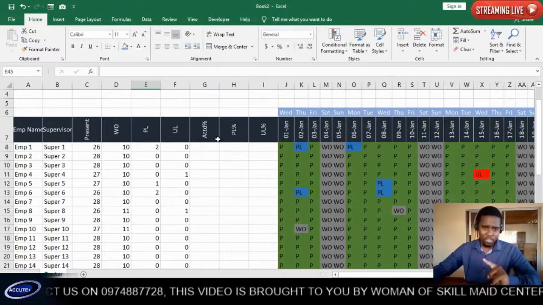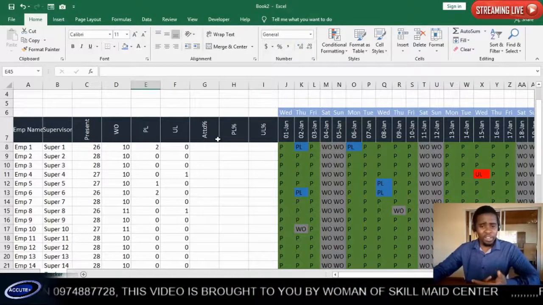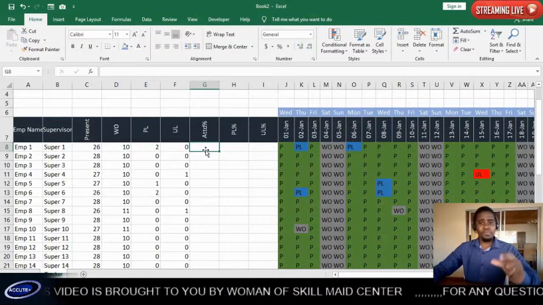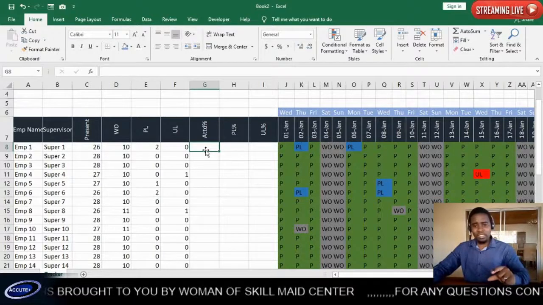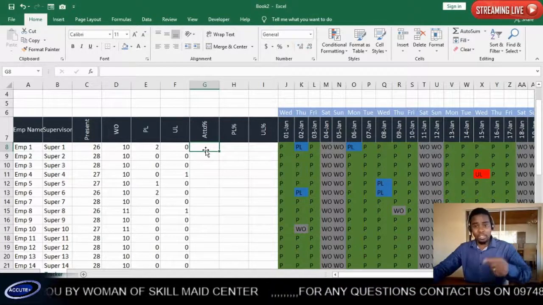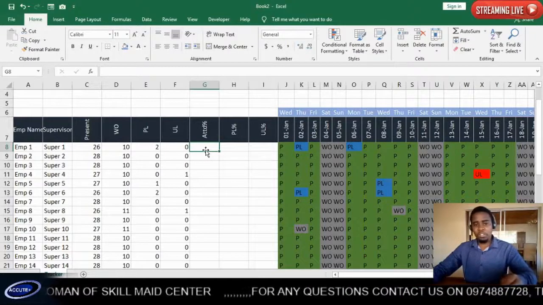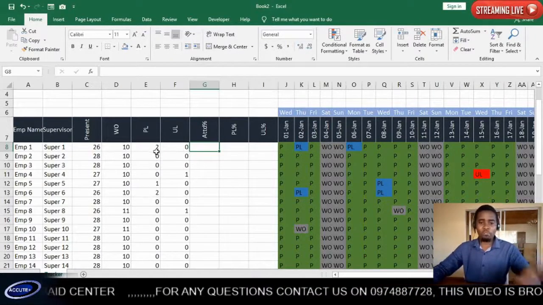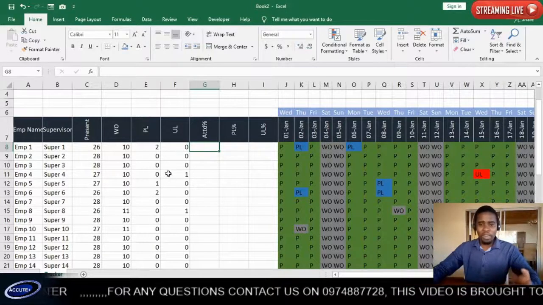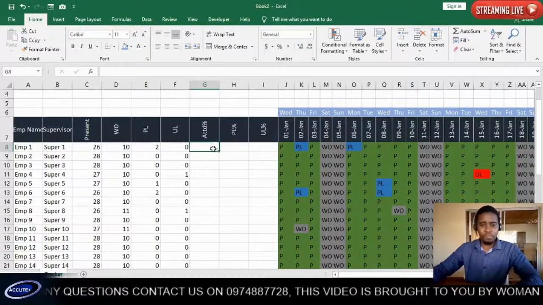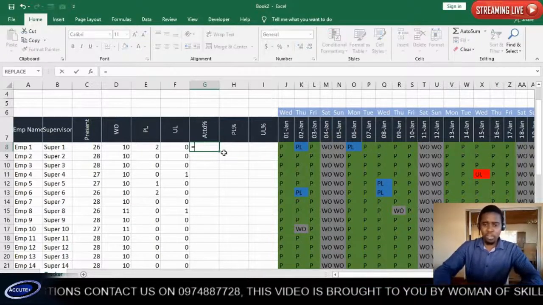Okay, now that you have done that, I want to find out what is the attendance percentage. Now for me to be able to calculate the attendance percentage, it is the number of attendees divided by the total number of employees. Now in this case we're talking about employees who are supposed to be present. I'm not talking about people who are on planned leave, but I'm talking about people who are supposed to be present. Okay, so to do this, we'll say equals